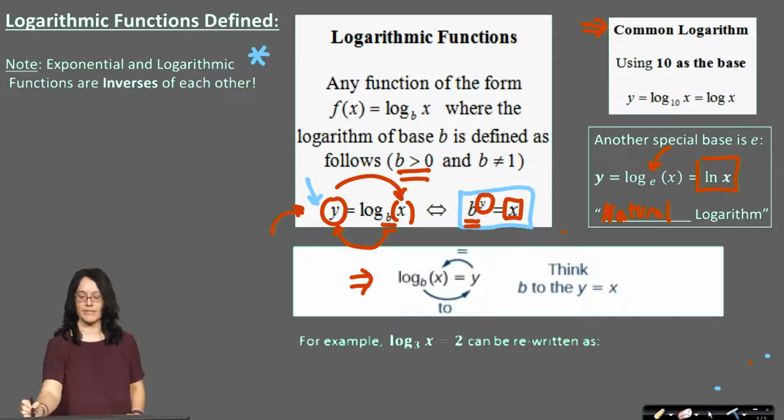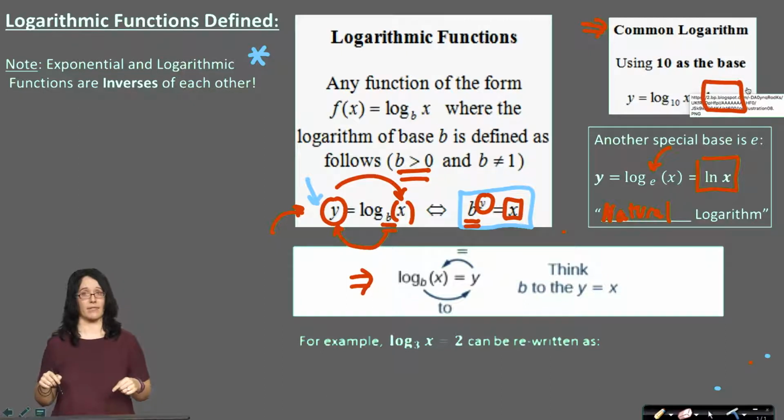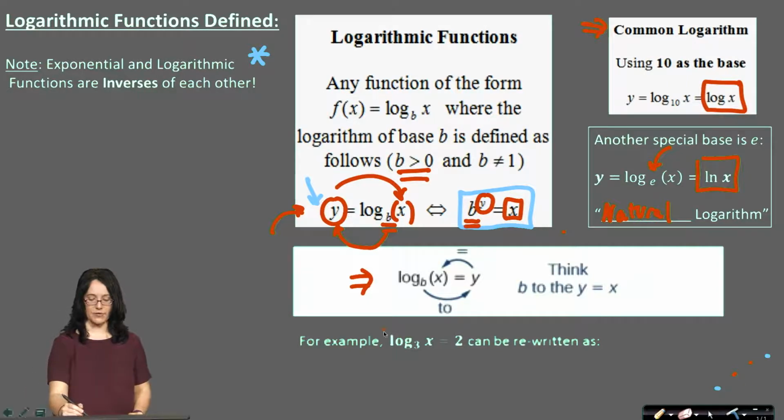Okay, so if I see log of x, I think base 10. If I see ln of x, I think base e. So keep those in mind. You can use both of them at different times depending on the word problem you're dealing with. They have different times where one is more beneficial than the other, but in general, when I say take a logarithm of both sides, you can pick any base as long as it's not negative and it's not 1. Let's go ahead and practice,